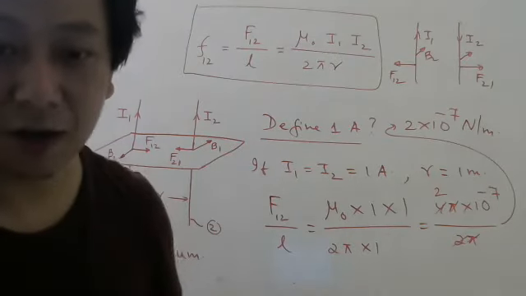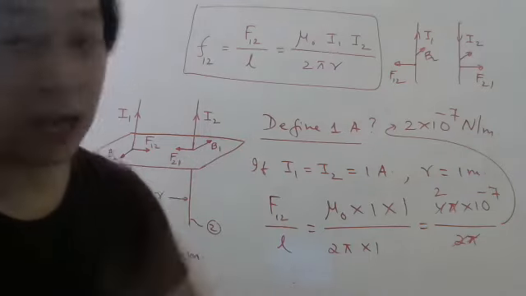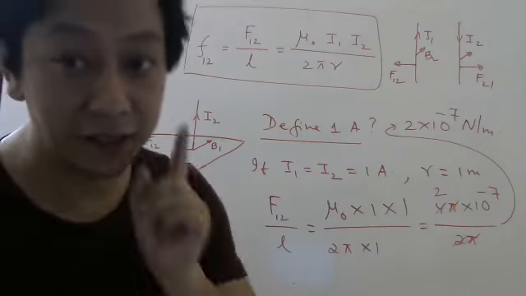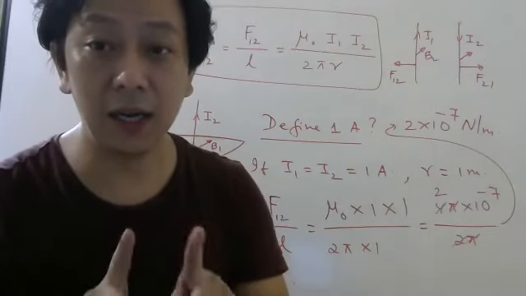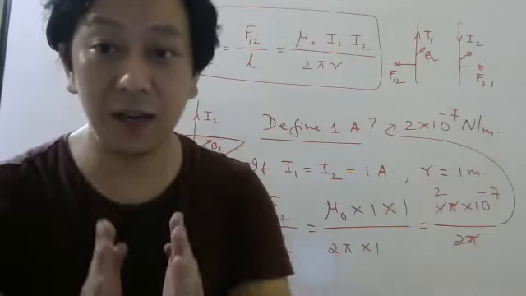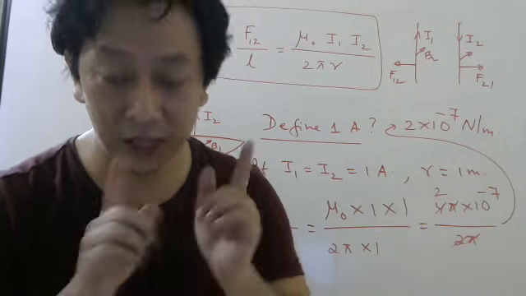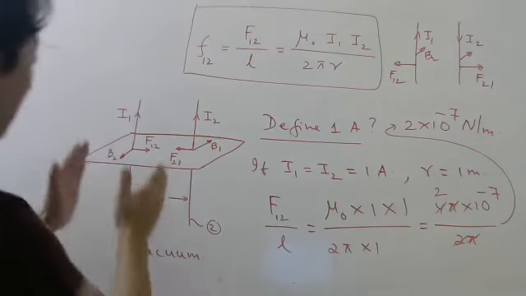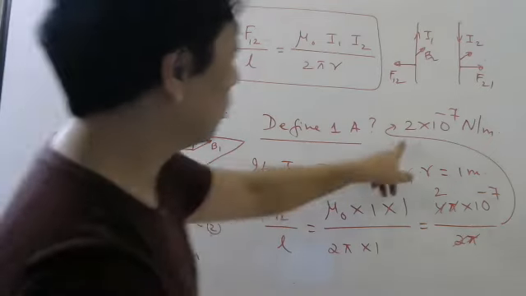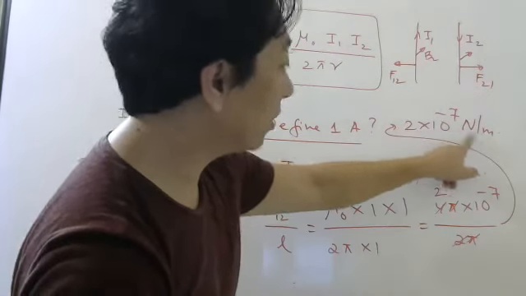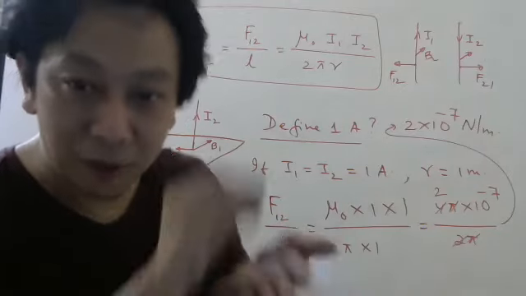So now let us talk about how to define it. The definition is there in the EPL. I will not write it down on the board. Time is also not there, but I will say it. Listen carefully. So what is 1 ampere? When two parallel long wires each carry a current of 1 ampere, the force between them is equal to 2 into 10 to the power minus 7 Newton per meter when they are separated by 1 meter in vacuum. So like that you have to make one definition.